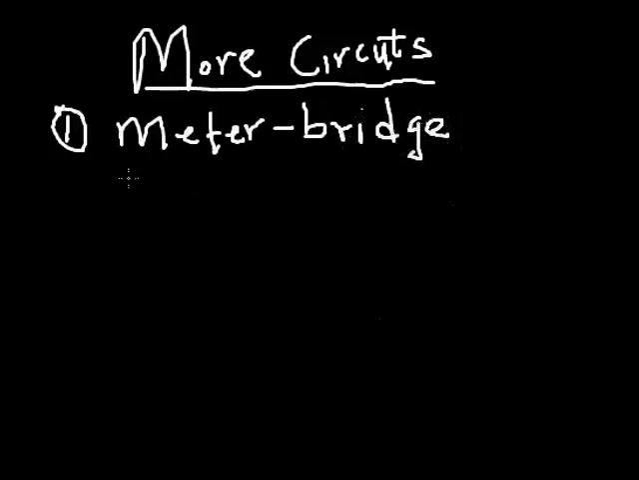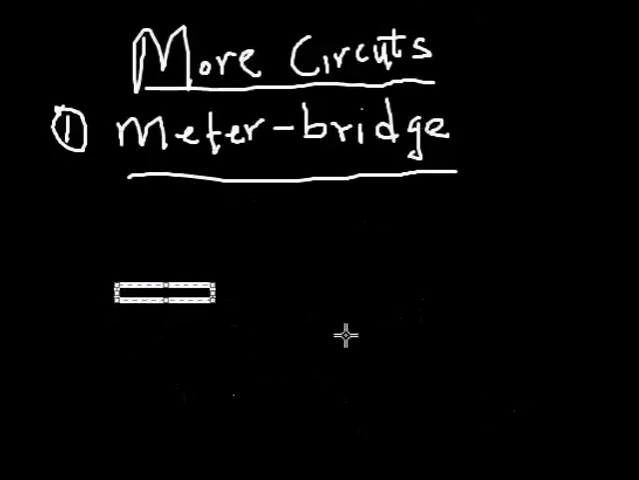Now a meter bridge circuit is a circuit that has a length of wire connecting two resistors, in which one of the resistors is an unknown resistor and the other one is a known resistor. So I can use a meter bridge to find an unknown resistor. Let me just give you a typical example. Let's say I've got